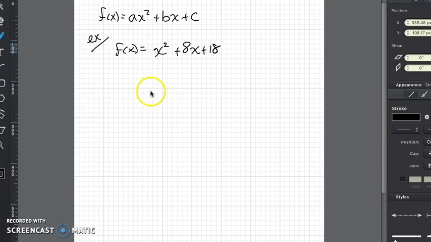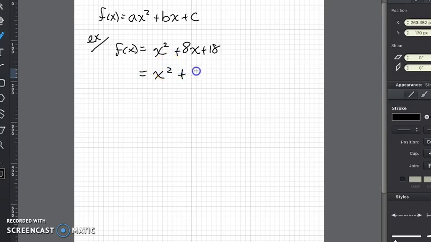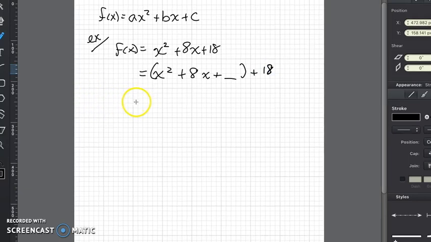Okay, so what I'll do first is I will break off the 18. So I'll do x squared plus 8x plus a blank, plus 18. Okay, and then I'm going to try to break this up into steps here so we can see it later on. You'll start to merge some of these steps together. But what I want to do is